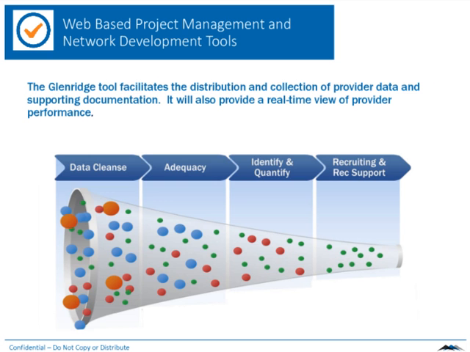A lot of times, too, it's the blocking and tackling of just tracking and monitoring your network. We have a tool that we use that helps our clients project manage and develop their network. So it's almost, if you think about it, sort of a CRM tool, but for network development. So by doing this, you can cleanse your data, you can look at the adequacy, you can identify and quantify the impact of certain providers in your ACO, and then you can, on an ongoing basis, use a web-based tool